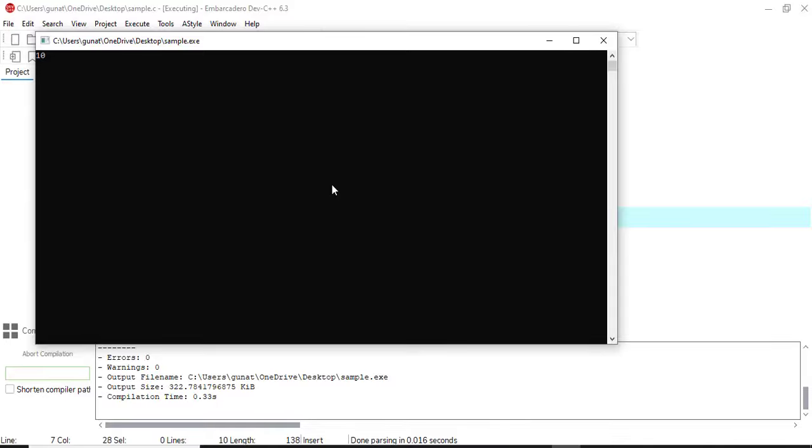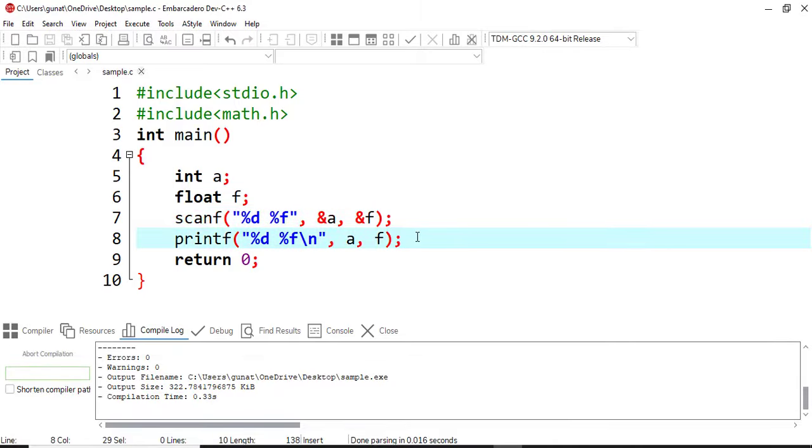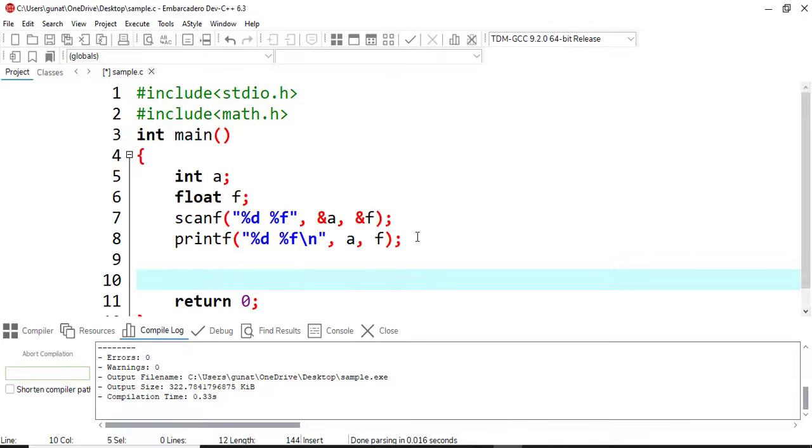Integer value is 10, the float value is 2.3434. See, 10, 2.343400. Fine. Now what I'm going to do is discuss the math functions. So the first function I'm going to discuss is